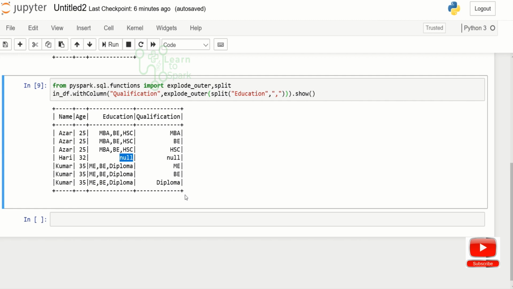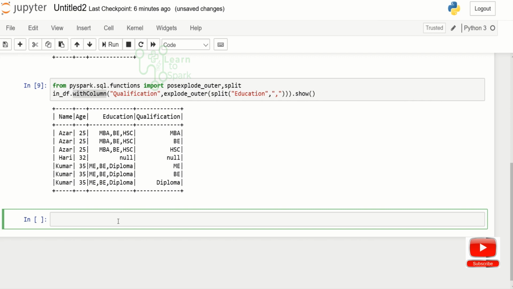I will also teach how to add a positional index, since our problem statement includes adding a positional index. We have another function named posexplode_outer, but we will not be able to use this function with withColumn, since posexplode_outer is not supported with withColumn for now in the 2.4 version. It might be resolved in Spark 3.0. I haven't checked it. Let me check and I will update you in the upcoming videos.